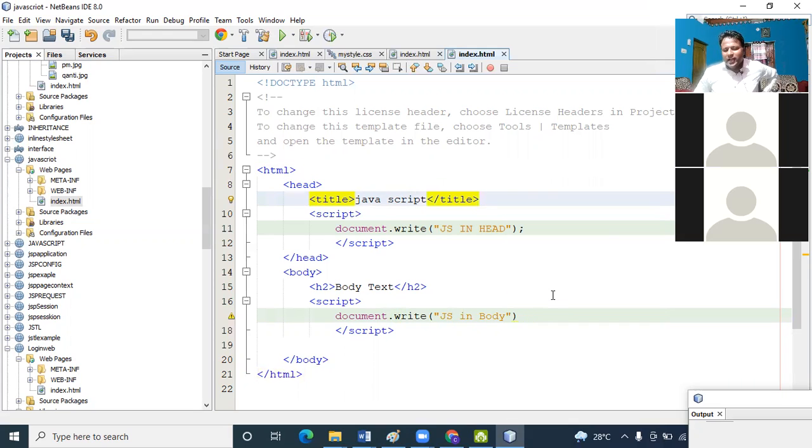In two places we are using scripting. One is in the head where you can define script, or in the body you can also define the script.